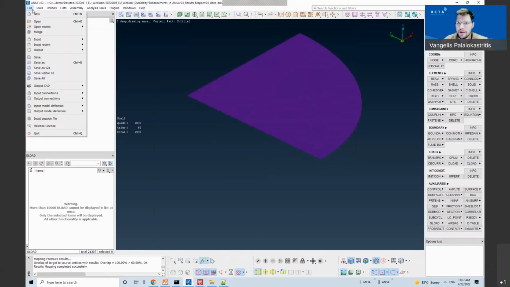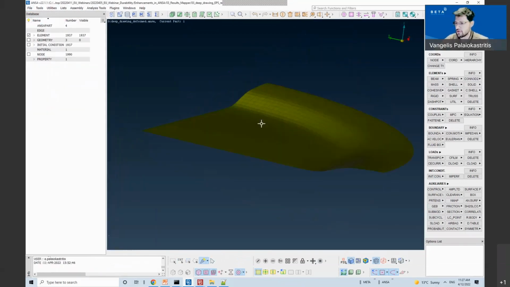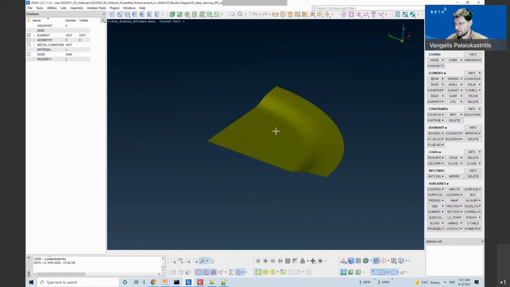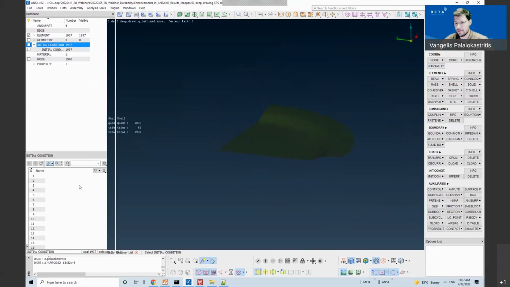Let's see now an example with the mapping of equivalent plastic strain using a deformed geometry. So in this case, I have the same model, but now the model is deformed.